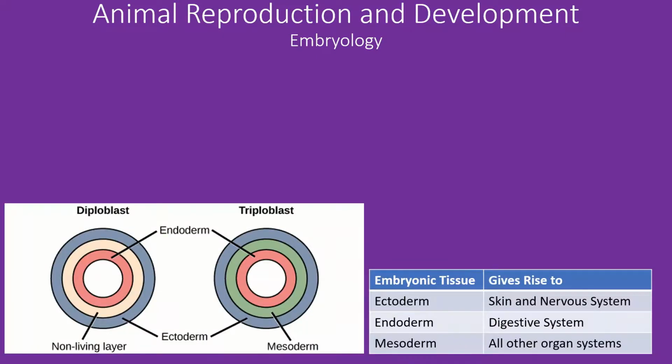After the zygote forms, it will go through a series of development stages during which primary germ layers form, which are the beginning embryonic tissues that will specialize into organ systems. The 3 germ layers found in animals are the ectoderm, which makes the integument and nervous system; the endoderm, which makes the digestive system; and the mesoderm, which makes all other body systems.